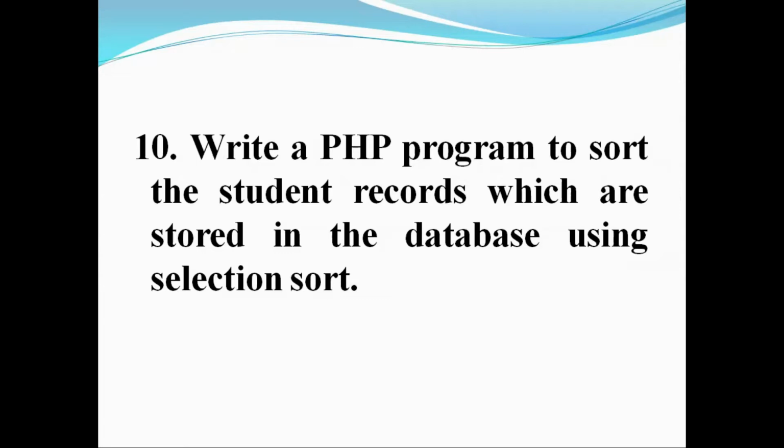We know that in a database, the primary key should be a unique one. So in the student database, the USN is called the primary key because it is unique for each and every student. So we have selected USN itself as the primary key to sort the elements using the selection sort.